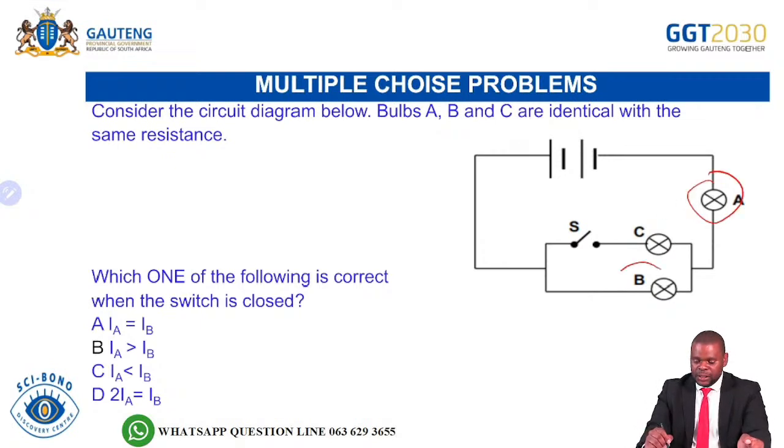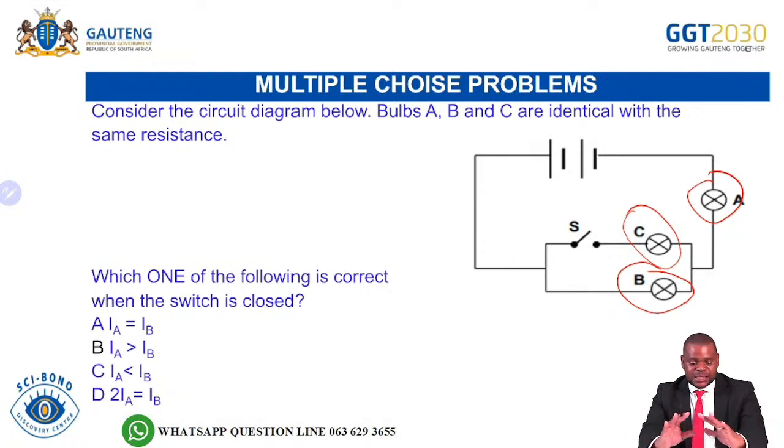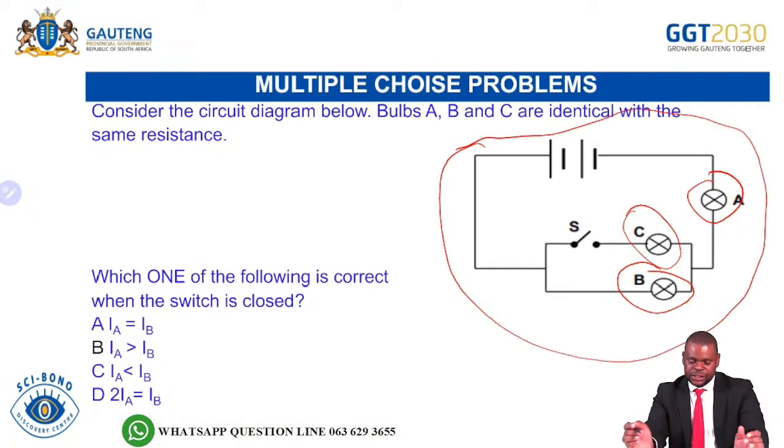Bulb A, B, and C. Can you see? Then they say, we understand the question now. Consider the circuit below. Okay, this is the circuit below. We must consider it. And then bulb A, B, C